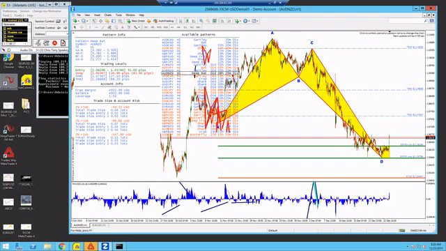We talk about entry techniques in our videos, and it's most important that we have the proper entry techniques. So I want to take a look at a structure here. Here's a pattern, an